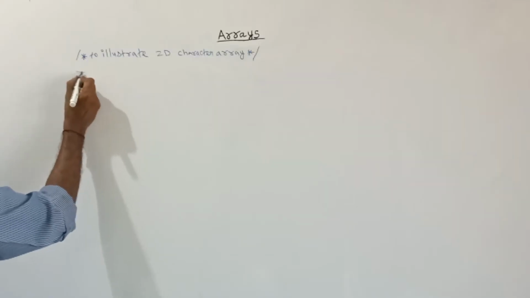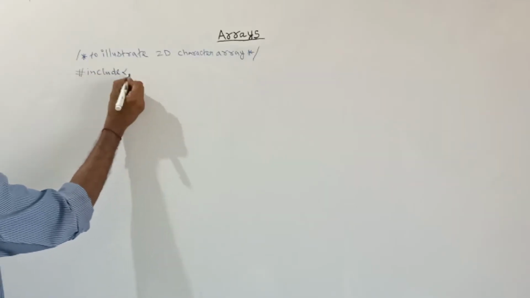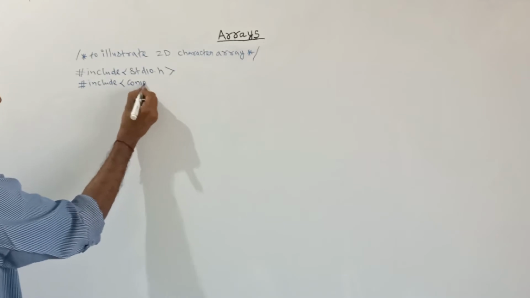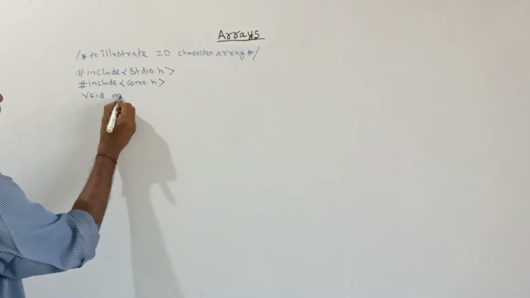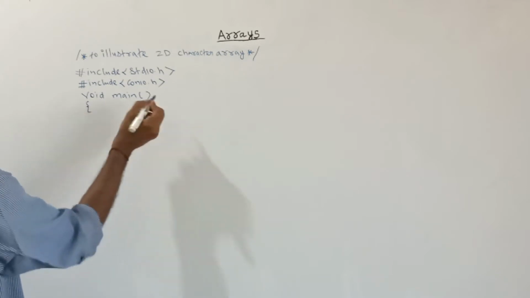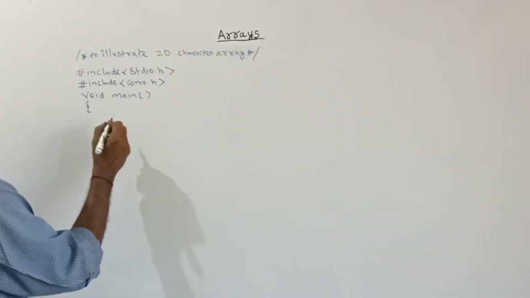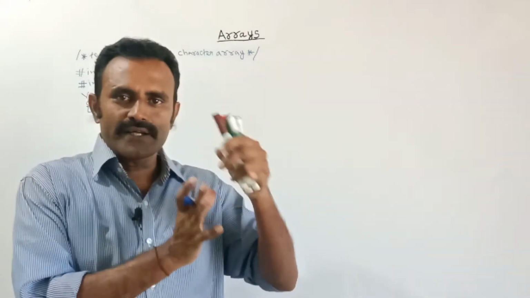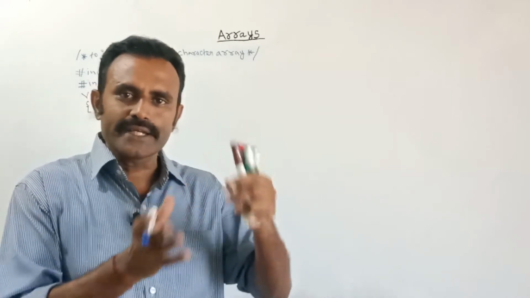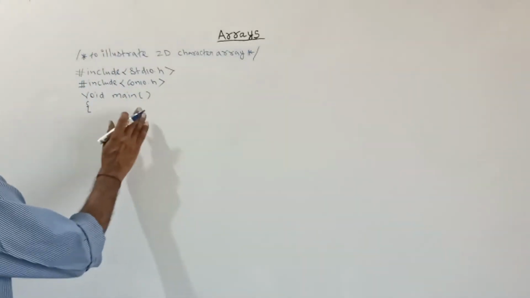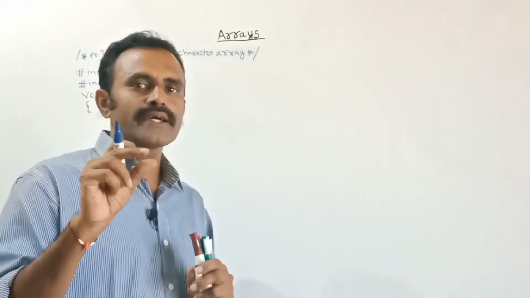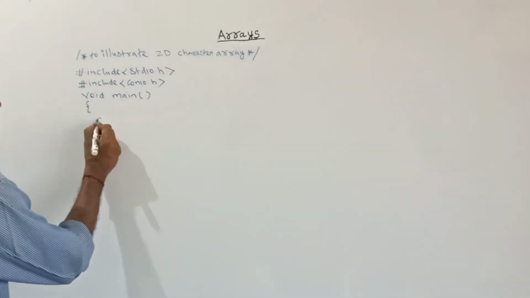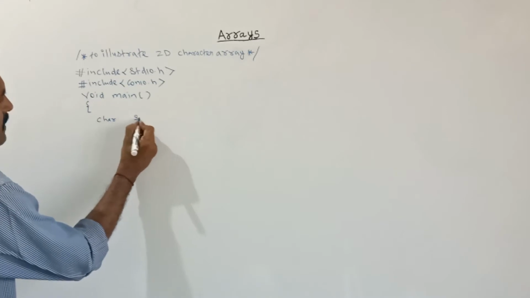Here header file, see, after header file this is the main function. Next here I am declaring the variable. See, suppose if I need to store the subjects in an array, after that I am going to display the subject names. This is the program. So here I need to declare the two-dimensional character array for storing the subject names. So here character, next my variable name is subject.